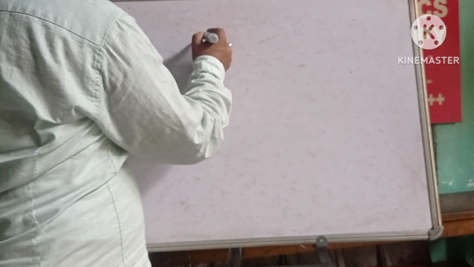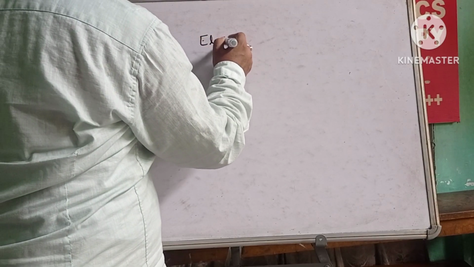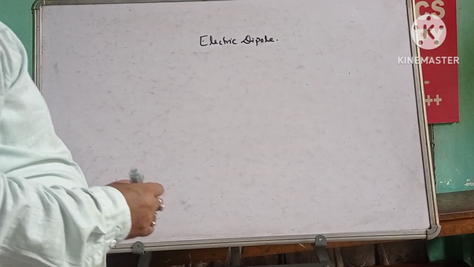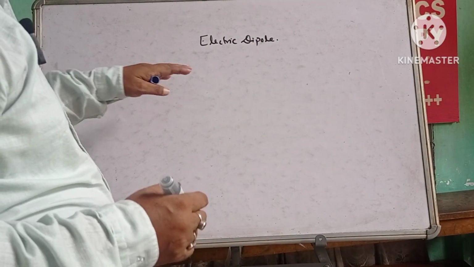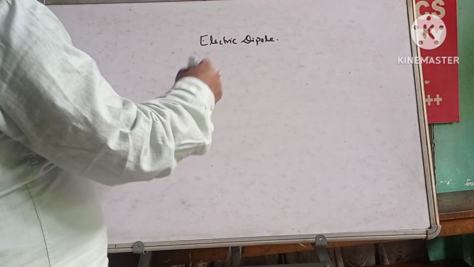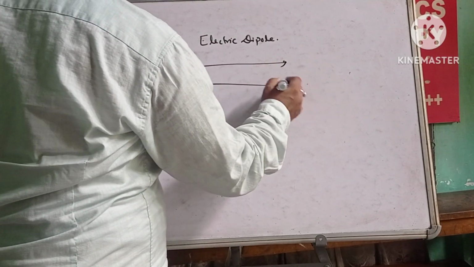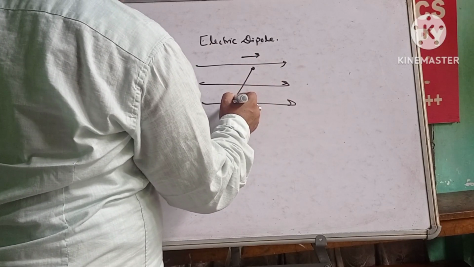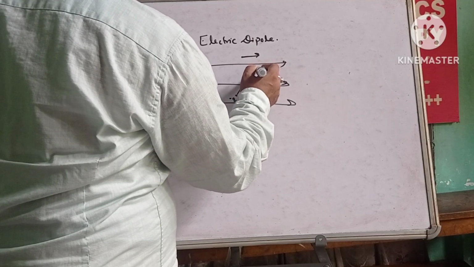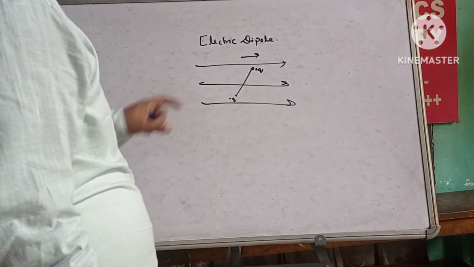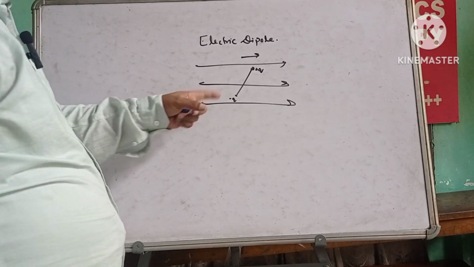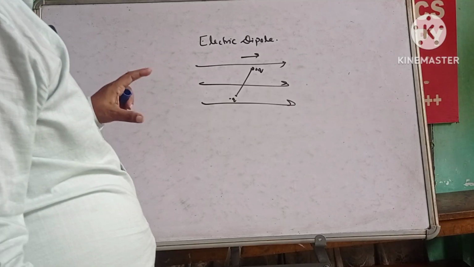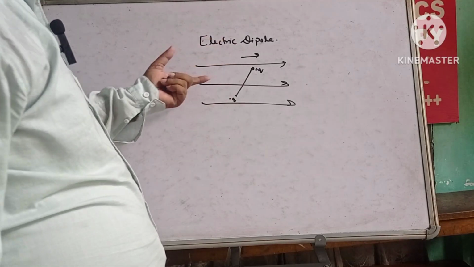Now my next topic is on electric dipole. Here I am repeating it to make it clear to the students that when you place a dipole in an external electric field, we know that the direction of the field is from negative to positive. So when we place an electric dipole, it has an electric